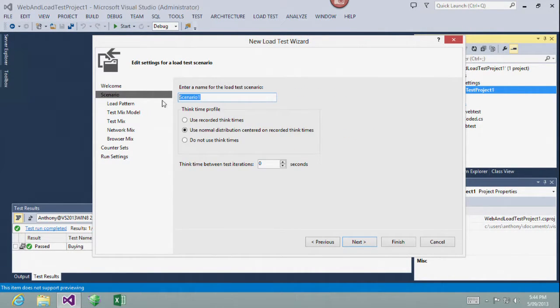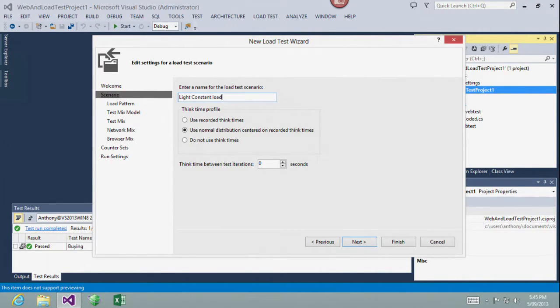And what sort of scenario do I want here? I'm going to say it's a light, constant load. A very clear descriptive thing. I want reasonably light. I don't want to overpower anything at all. I want to keep the load constant. So I'm looking for things that vary on my server when the load doesn't change. Is my memory gradually increasing? Are my page response times gradually increasing when I've got a constant load?